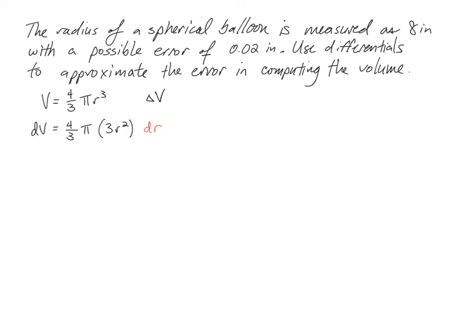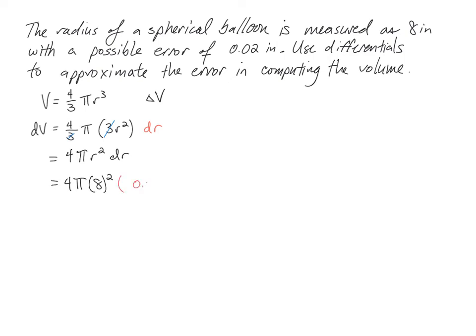There we go. So what we can do then is what I just said. We can substitute, actually I think we can do this first. Let's reduce these 3's with one another, and then get the right hand side of this equation to be 4 pi r squared dr. So substituting values in is pretty simple here. We have 4 pi times 8 squared. But when we substitute the value